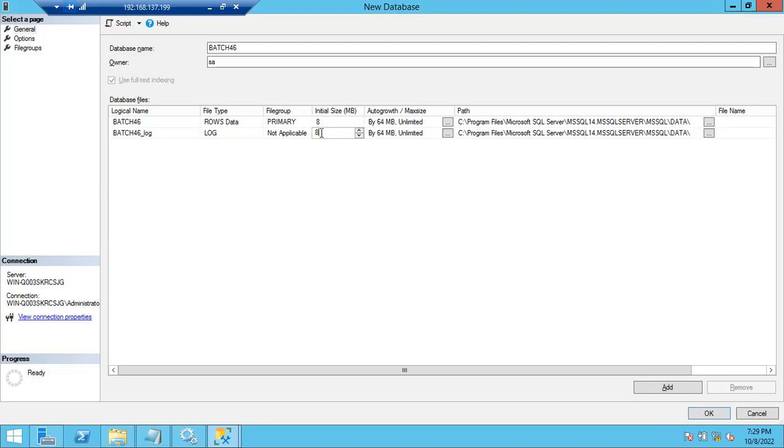Log file size is also 8 MB. Okay, initial size in MB: 8 MB, 8 MB. As our environment is a very small environment, 8 MB, 8 MB. In an organization you can see this is 1000 MB, this is 500 MB, like that, and it will keep increasing. Fine. Next, guys,